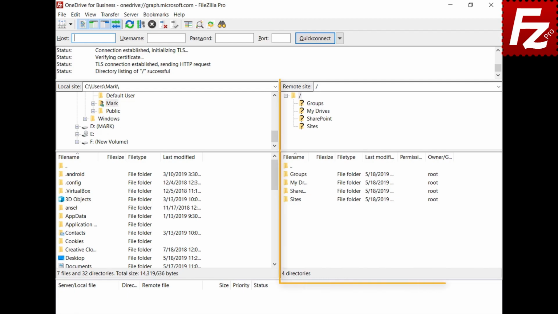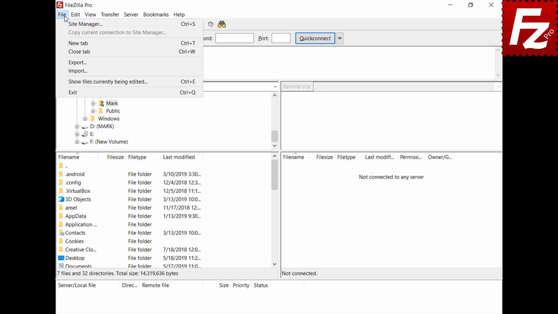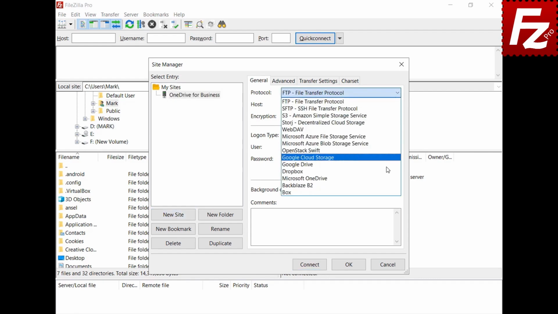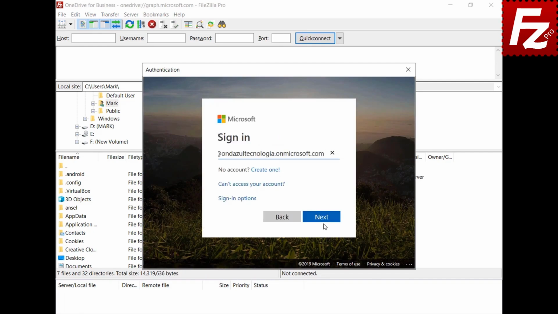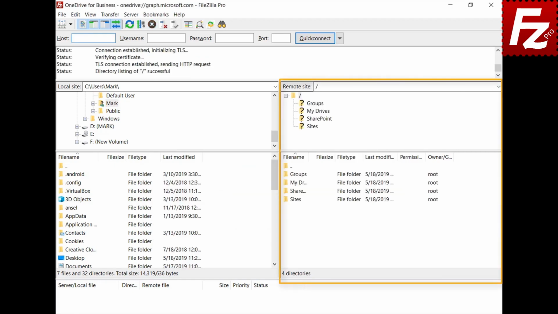OneDrive files. In the remote side, you see your organization groups, sites, SharePoint documents, and the OneDrive files. A regular organization user can now access their OneDrive. Create a site entry. Click Connect to start the authorization process. Enter your credentials. In the right side, you will see the organization's groups, site, and SharePoint documents you have access to, and also